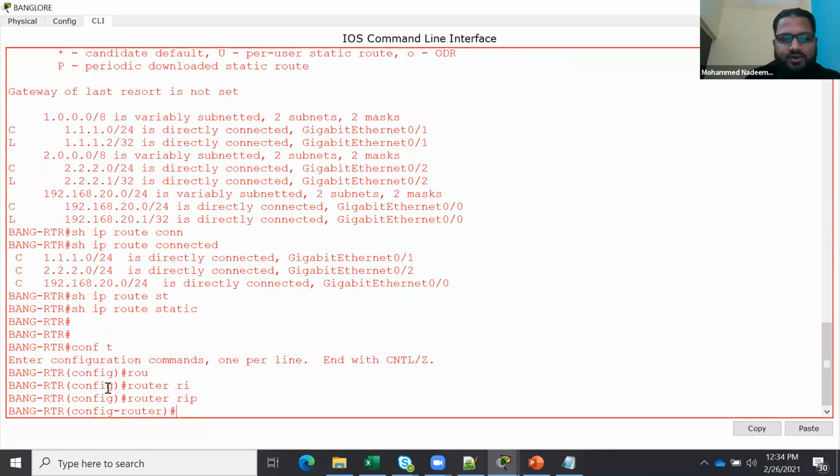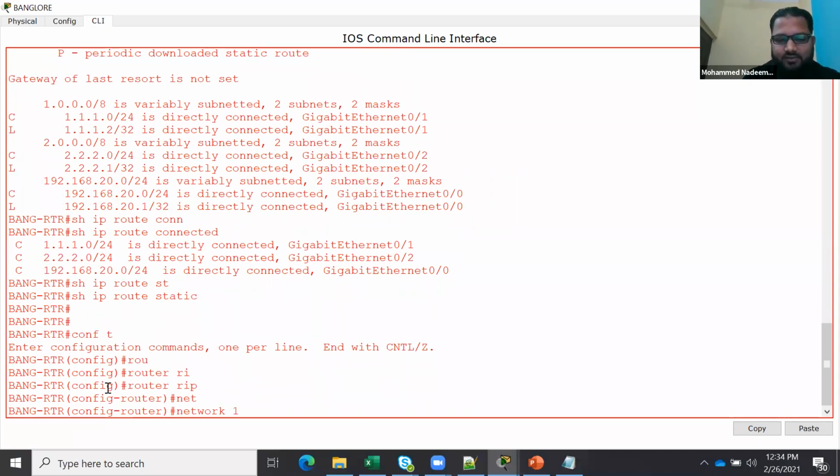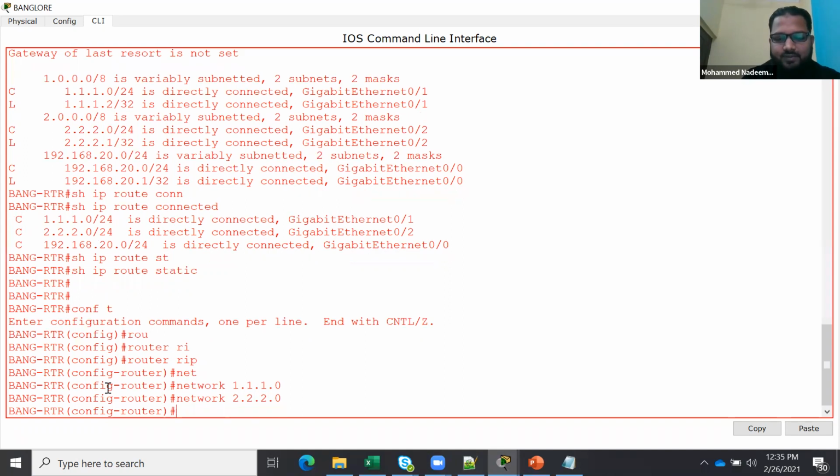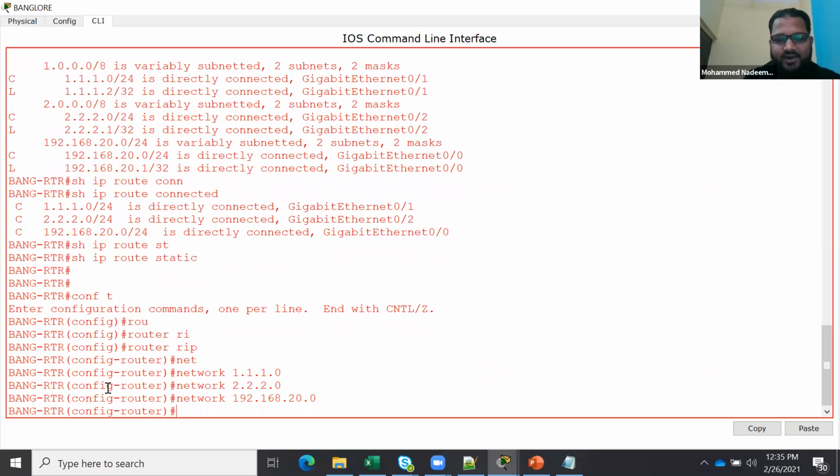You just advertise your own networks. I will say network 1.1.1.0, one WAN, another WAN is 2.2.2.0, and my LAN is 192.168.20.0. Finish. My LAN is defined.